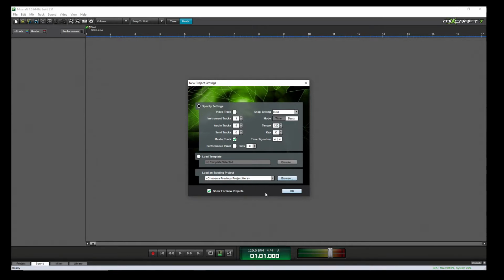Some time ago I thought of doing a video about going through some of the recording processes in Mixcraft, just to showcase how simple and straightforward it is. Now if you just go on to your Mixcraft icon, double click it, it should come up with something similar